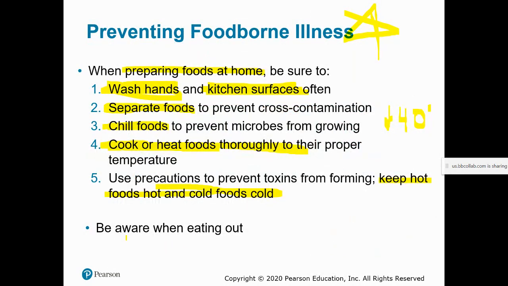And then I say down here, just be aware when you're eating out. I know a lot of times people might order raw or very lightly cooked meat, and just know that that's your choice. You don't necessarily know how well cared for or how clean everything was in the kitchen in that particular establishment, but if you feel good about it, go for it. But also monitor yourself for potential symptoms afterwards too.